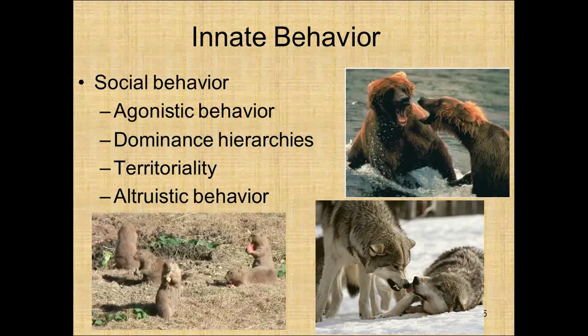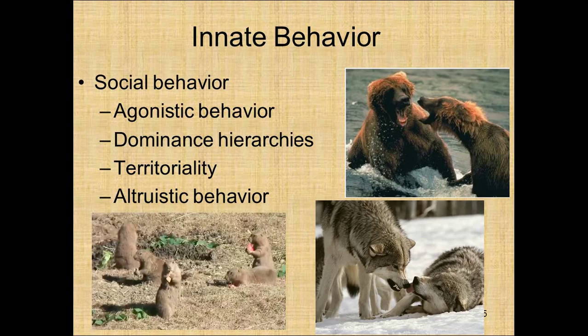For example, I have a prairie dog as my picture. In this case, the prairie dogs have watchers when the rest of the group is out eating. These watchers look for predators. They don't eat when they're on watch. When they see a predator, they give a warning call, and all of the colony will hide. In this case, their altruistic behavior is the fact that they give up eating time so that they can watch.